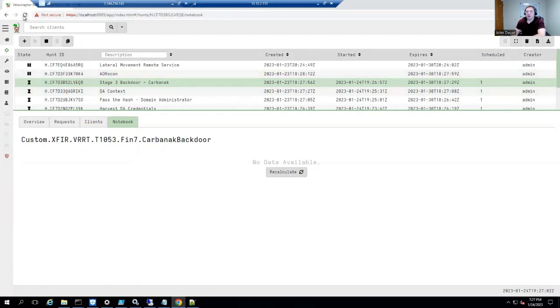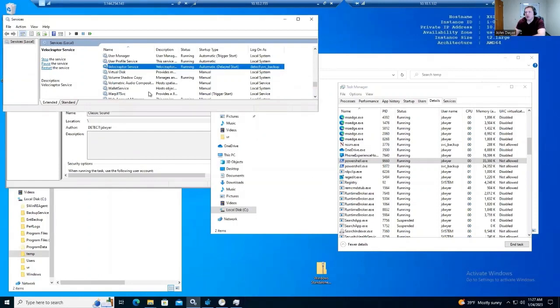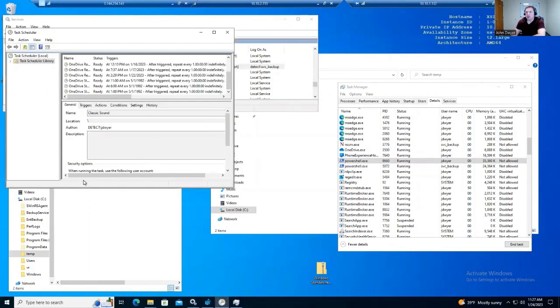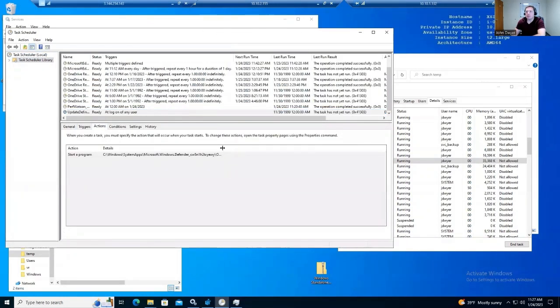This will run, and basically it's going to set our persistence for our PowerShell-based backdoor, and it should create another scheduled task. This error message is just because I defanged the malware, so it's actually not running. So here's our update definitions. This is our Cobalt Strike-based backdoor, and it's running this batch file, which then calls a PowerShell. And as long as I did this right,